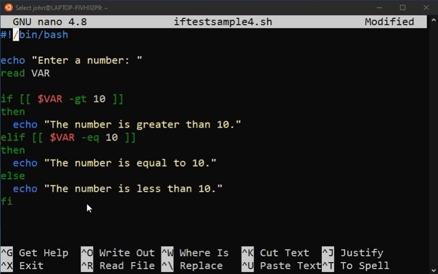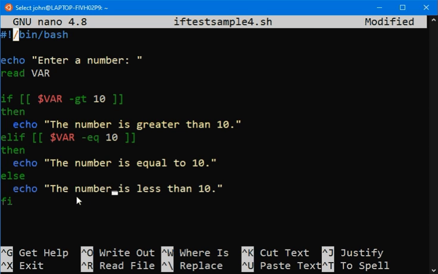For this if statement, using the relational operator dash gt, we will determine if it is greater than 10. And we will also use dash eq to check if it is equal to 10. Otherwise, if there are no true conditions with these two, it will display the number is less than